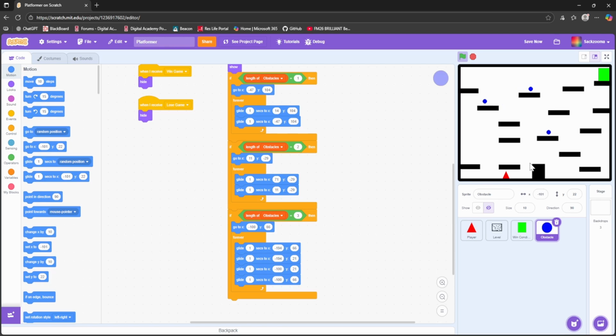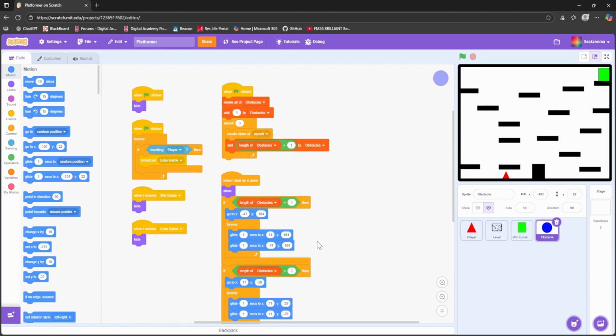You can do many things like this. You can make it move diagonally, you can make it move in any direction you want. All you need is a glide secs to X and Y. You can change the speed by just changing the 1 here to, let's say, 0.5 on every single one, so they move double as fast. And as you can see, they move twice as quickly. But I want all of them to be 1. There we go. And so with that, you now have the ability to make multiple obstacles from one sprite in